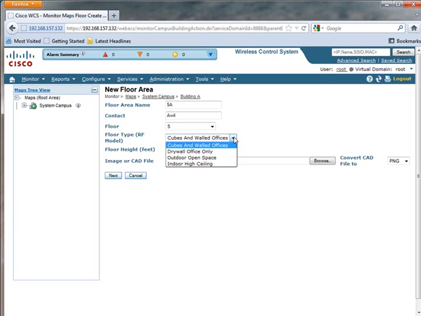My signals are going to go quite far, and I'm going to get quite a large cell area. So the tool's going to say, oh, no obstacles, large cell. If, however, I choose the cubes and walled offices, it will say, oh, my signal needs to penetrate through those walls and other obstacles, so it can't go as far. And so by selecting that, it's really changing the predictive model to actually force it to have smaller